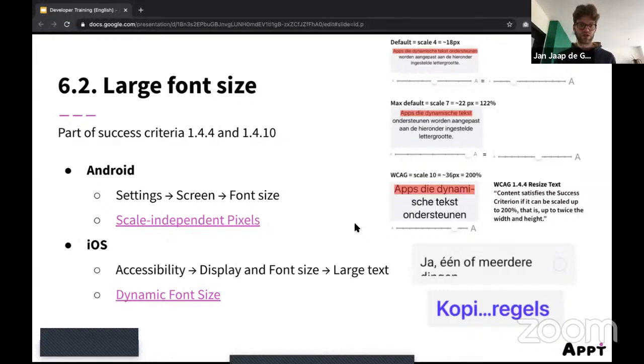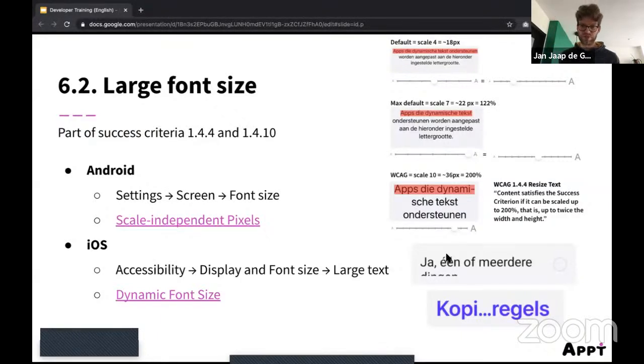But because Android does this automatically, it can also turn into some issues. Because, for example, if you don't know that your app supports this, maybe you get one of the issues I'm showing here in the bottom right. Maybe some of those issues are present in your app because you didn't know that your app supported this.